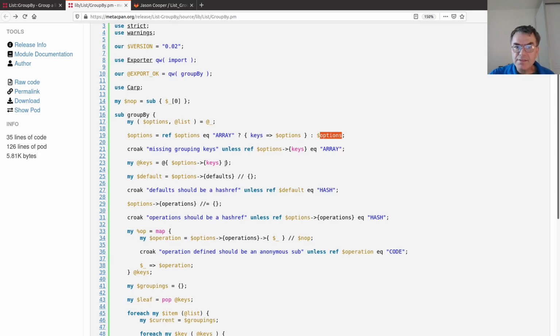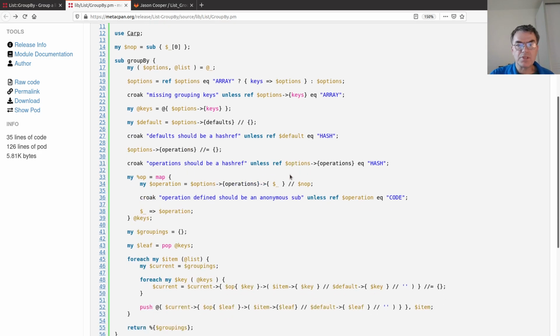Then we get the keys, converting the reference to the array into an array, and we set the defaults to the empty hash. So if there are defaults, then it's okay. If not, then set it to empty hash, and then we check if the whatever. I keep saying "we". Anyway, default is going to be this default, and we're checking if it's a reference to a hash,